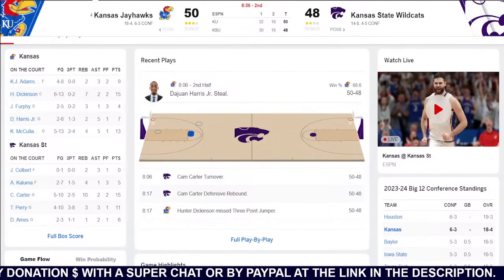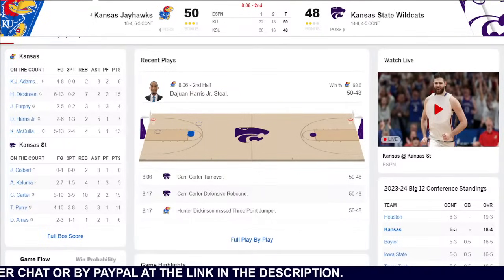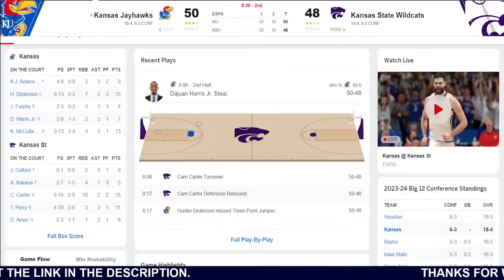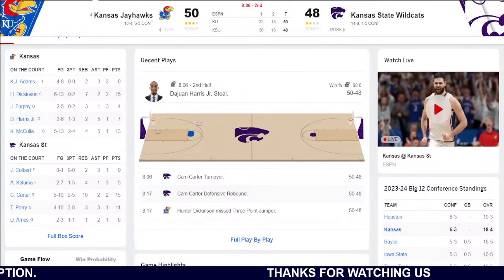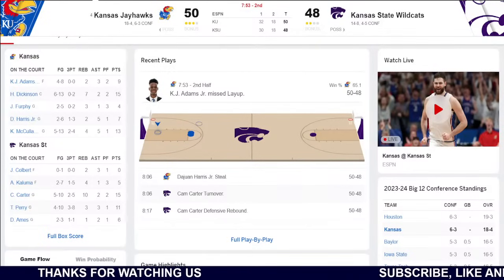Right side, three-pointer, Dickinson, rattles out. Ball tipped. K-State's got it. Here's Cam Carter up the floor. Cats down 2. Cam's got it. Left side. He'll work against DeJuan Harris underneath the bucket. And they're going to say out of bounds off of Cam Carter. DeJuan Harris got beat, but he reached in, tapped the ball, and got the ball to go off Cam Carter